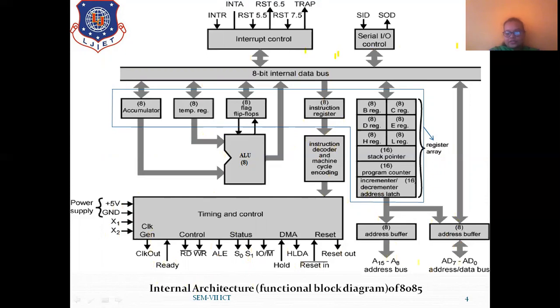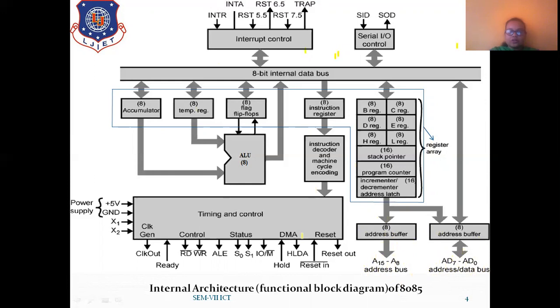And here you can see this is a multiplexed address and data bus which is called AD7 to AD0, which is the lower order address bus and data bus, and here the higher order address bus which is A8 to A15, right? So this whole forms A0 to A15 which is a 16-bit address line, and D0 to D7 which is our 8-bit data bus, right?